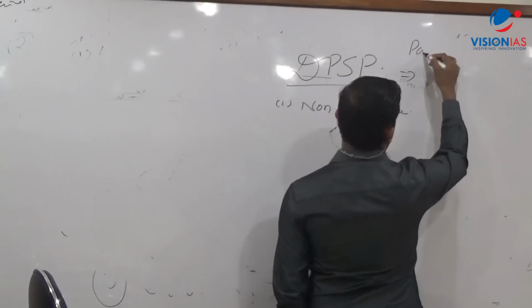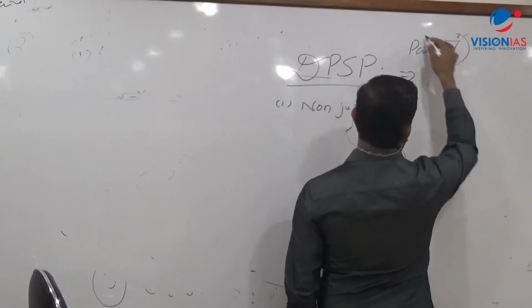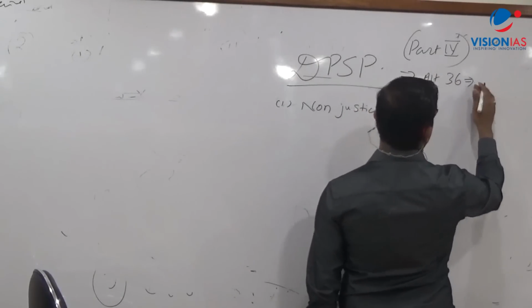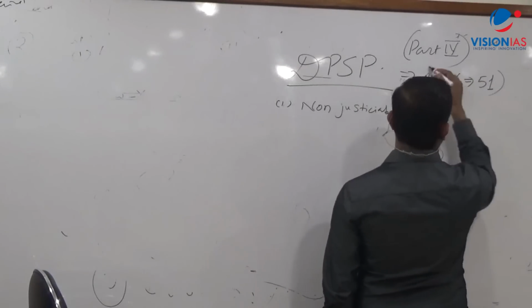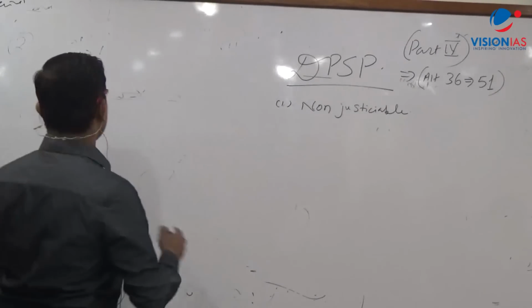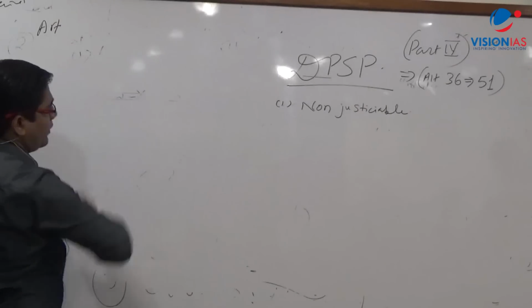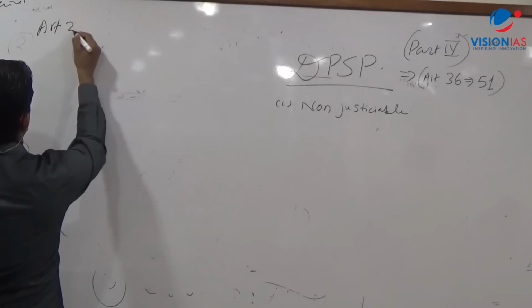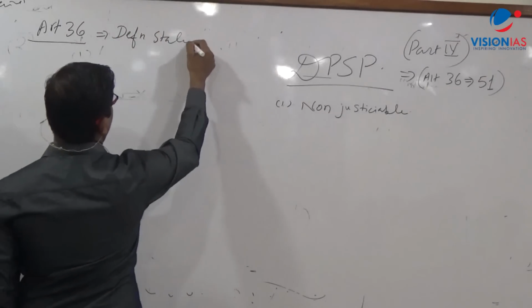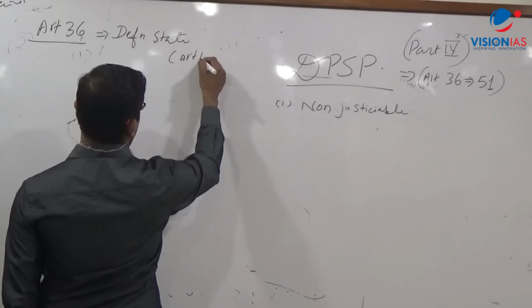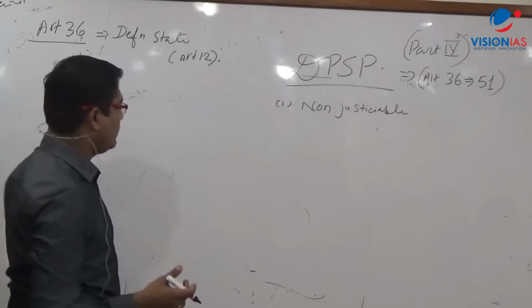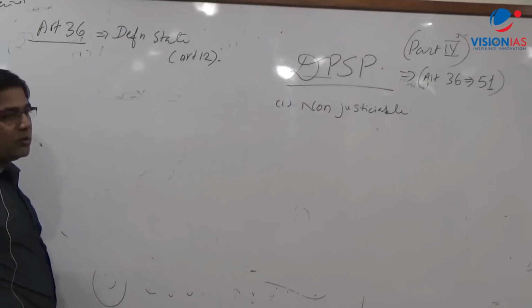This is part 4. Part 4 and article 36 to 51. Yes, 36 to 51. So article 36, पहले 3-4 आर्टिकल डिस्कस कर रहा हूँ, बाकी फिर मैं बता दूंगा आपको, आपको याद करने पड़ेंगे. 36 इज अबाउट डेफिनेशन ऑफ स्टेट. सो ये हमने ऑलरेडी डिस्कस की थी. कहाँ पे? आर्टिकल 12. सो सिमिलर डेफिनेशन, दैट इज पार्लियामेंट एंड एग्जीक्यूटिव, स्टेट लेजिस्लेचर एंड एग्जीक्यूटिव, लोकल बॉडीज एंड